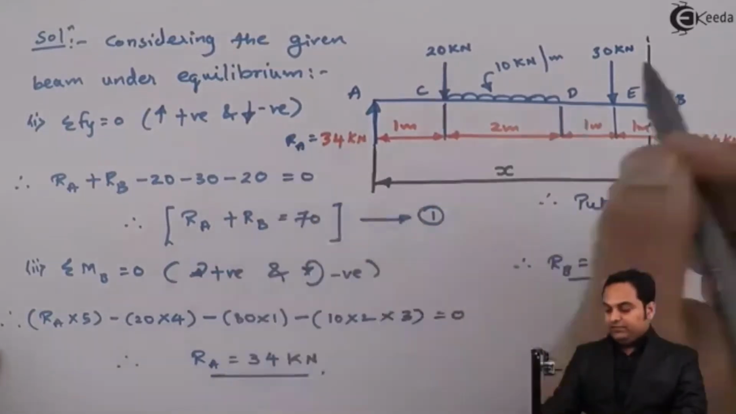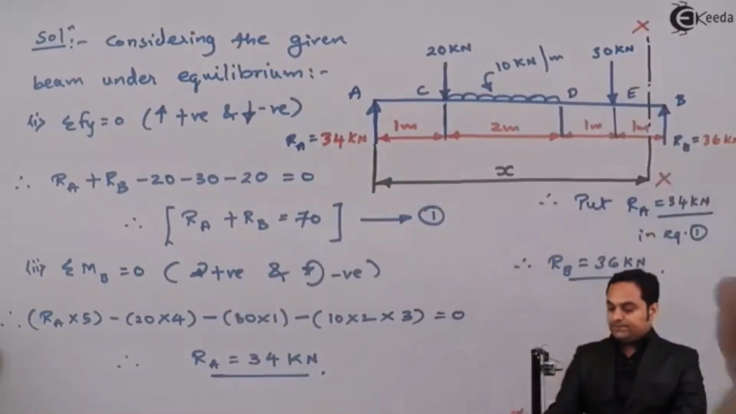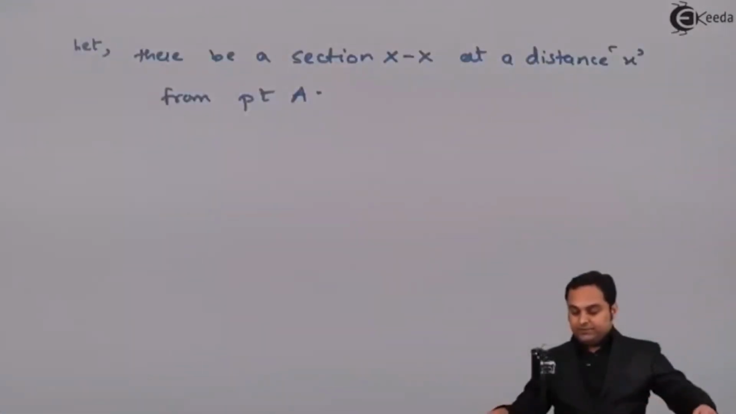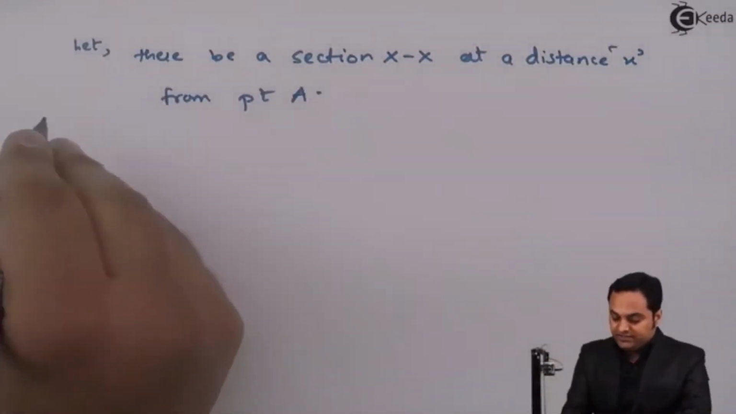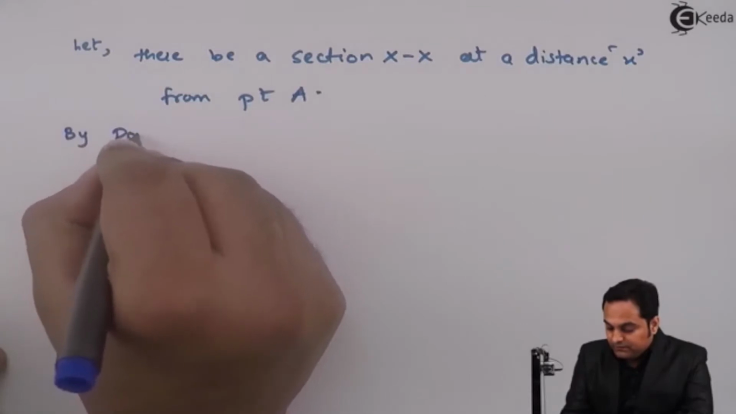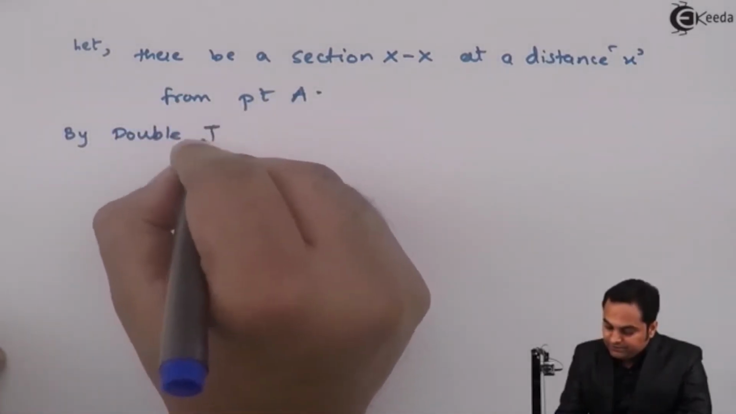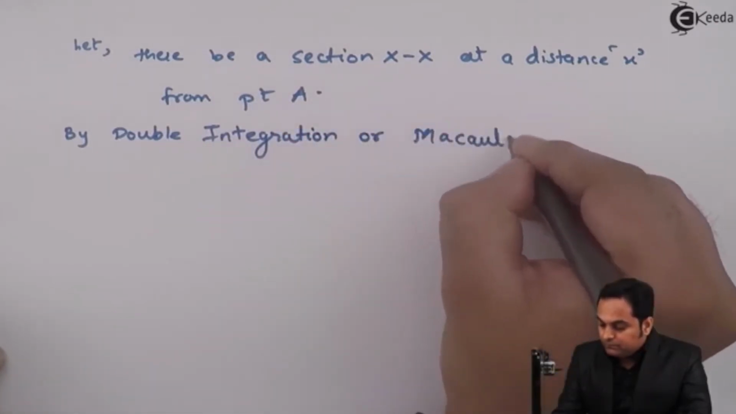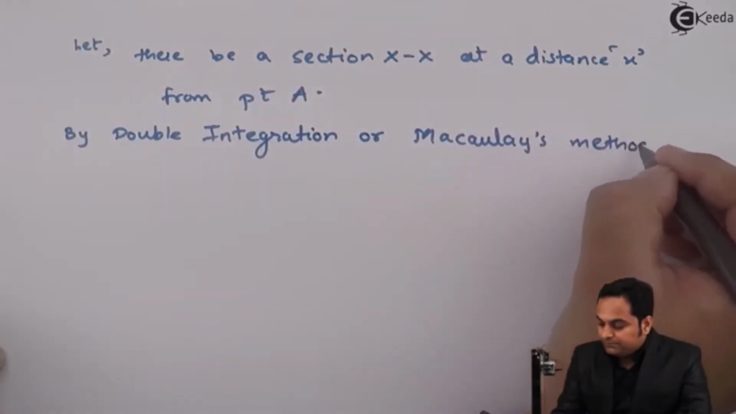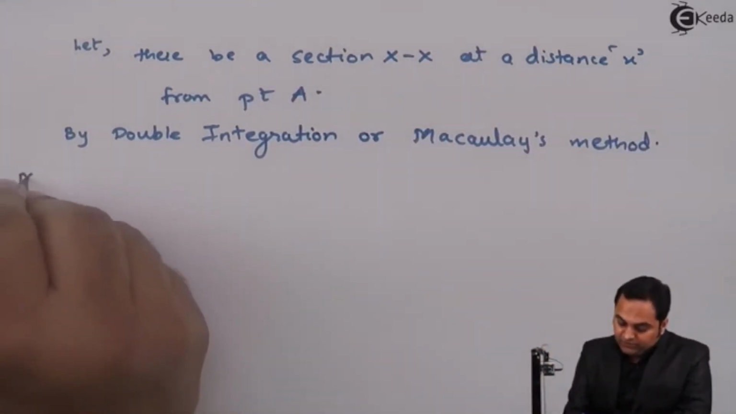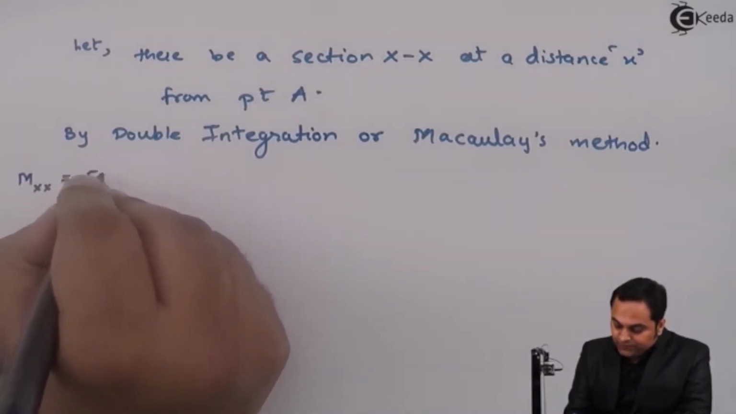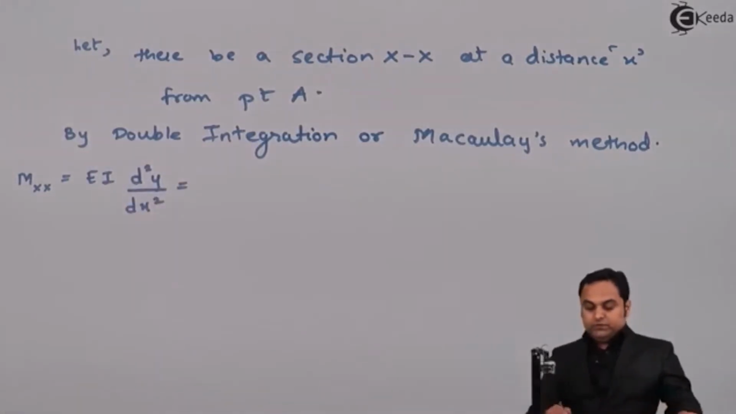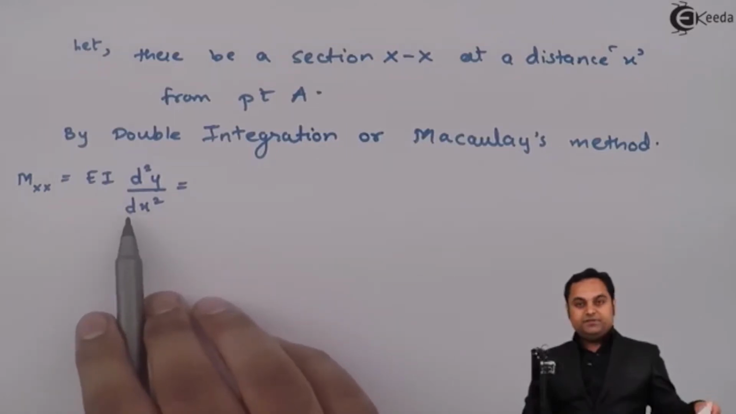Now I am going to take the moment at this section XX because I am using the double integration method, which is also called Macaulay's method. So after I have taken a section, I'll say that by double integration or Macaulay's method, we have moment at XX section is equal to EI d square y by dx square is equal to, now this is the term by Macaulay's double integration method,